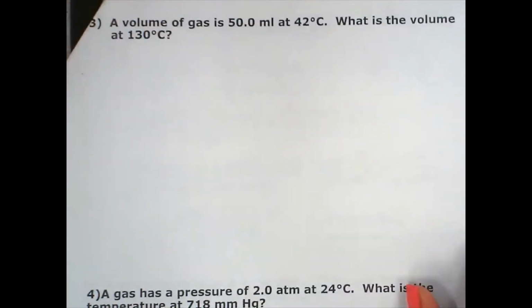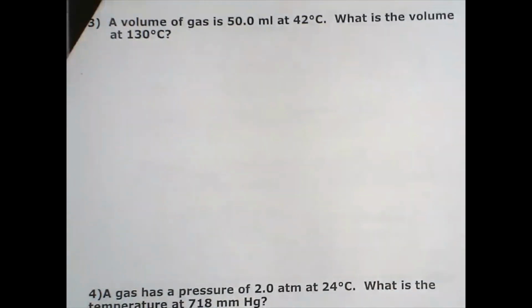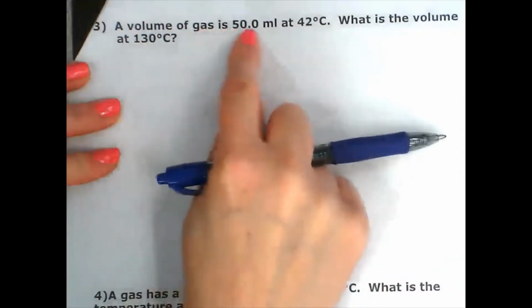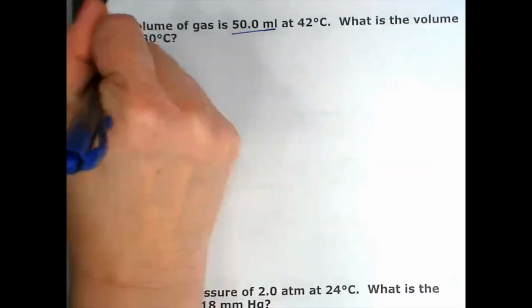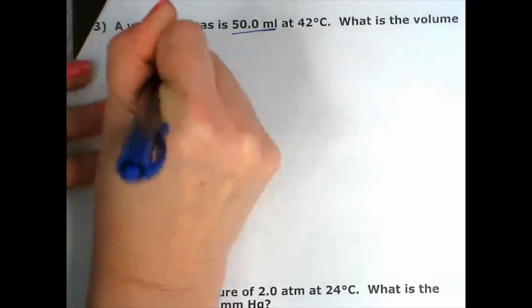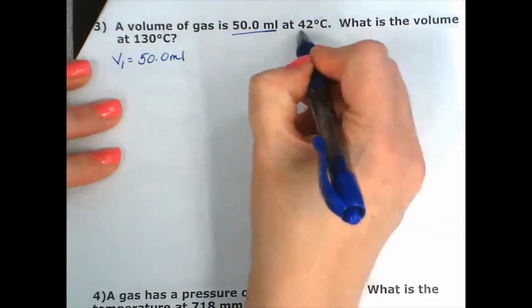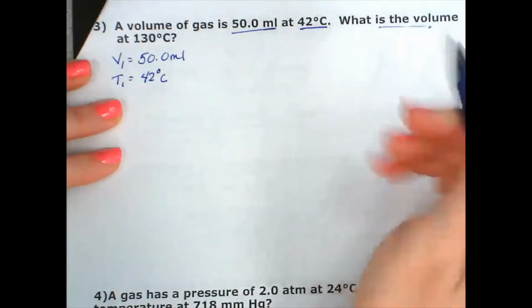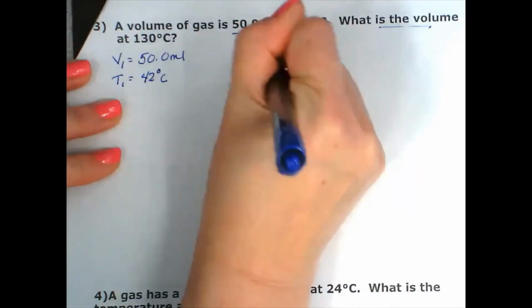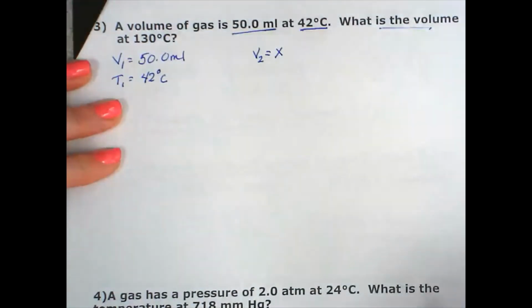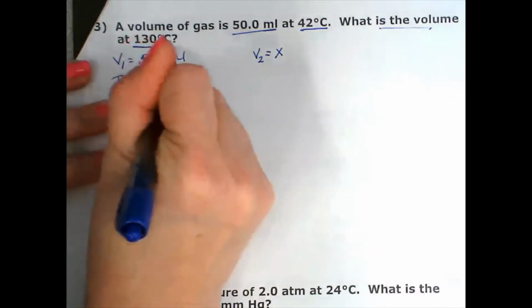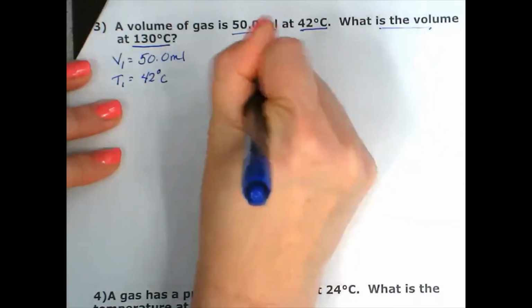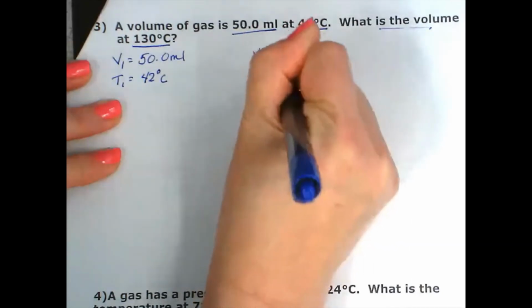All right, a volume of gas is 50.0 milliliters at 42 degrees Celsius. What is the volume at 130 degrees Celsius? So as we read the question, a volume is 50.0 milliliters. So my first volume is 50.0 milliliters. And then I have 42 degrees Celsius, so that is my first temperature. It says, what is the volume? So that tells me my second volume is what I'm searching for, so that's going to be x. And at 130 degrees Celsius, I should recognize that as a temperature, and that's going to be my second temperature,